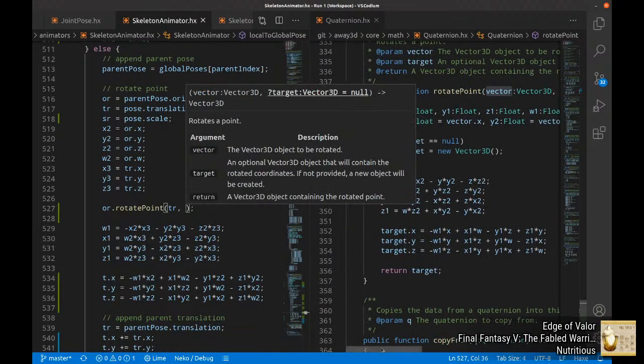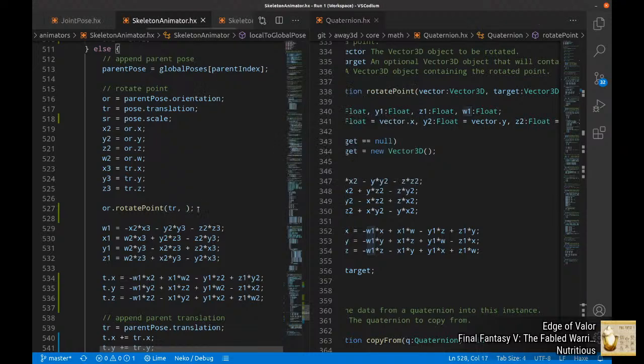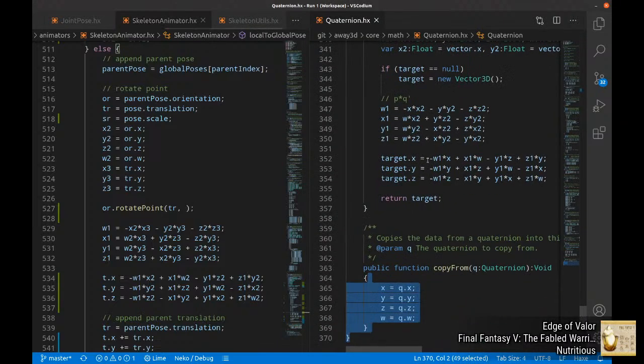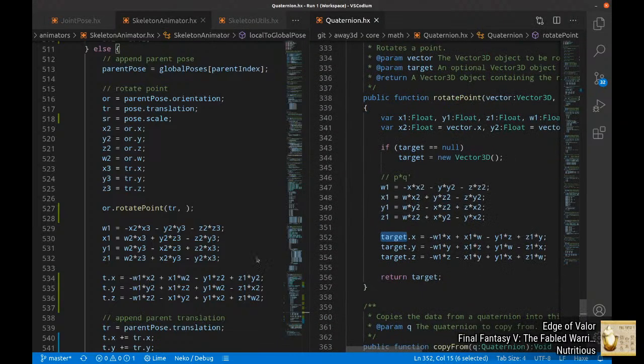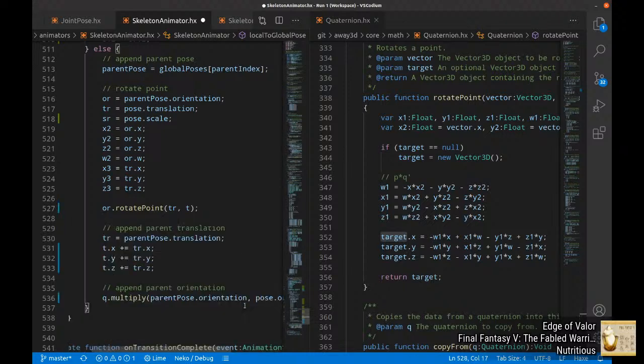And then finally, target. Target is here. It is the thing at the start of this, which is t, which means that t is our target. And this whole bit of code can be condensed down to